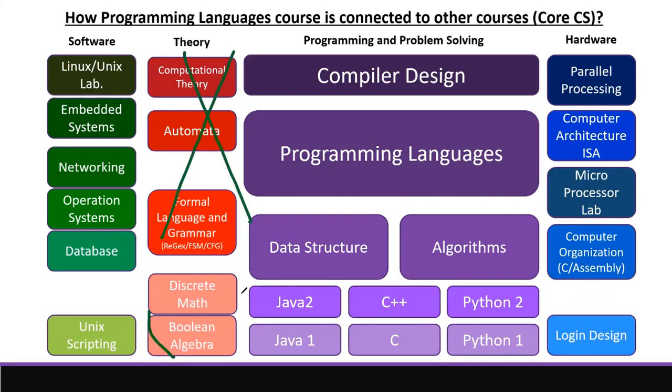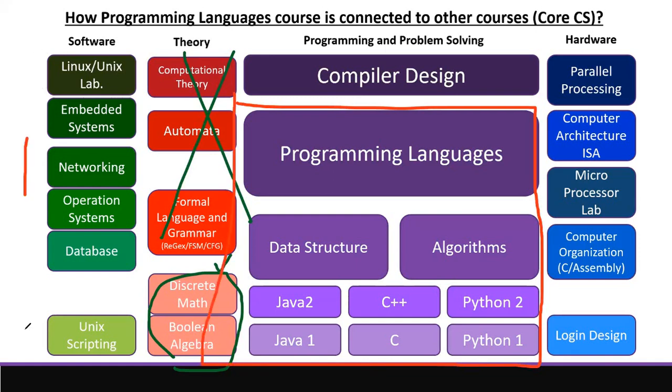But at least linear algebra, Boolean algebra, and discrete math, these are the minimum math you need to take. Other than that, for programming, at least you need to go to here. So this portion, and maybe up to here, these are the core knowledge every computer scientist needs to have before graduation.